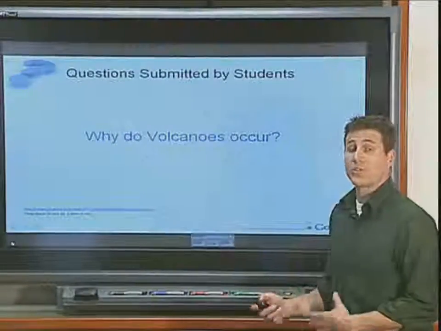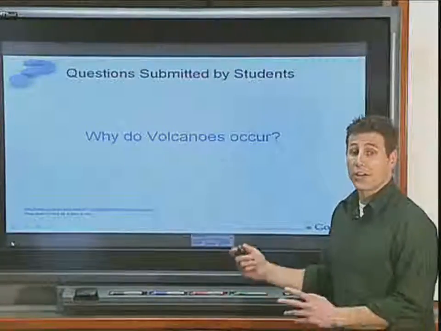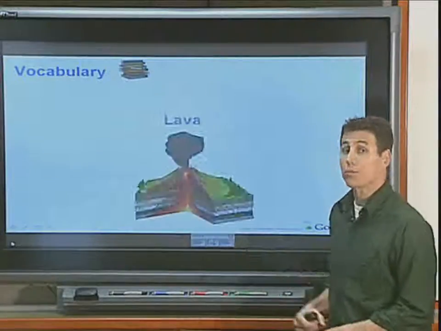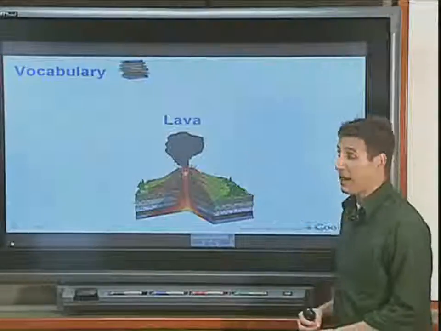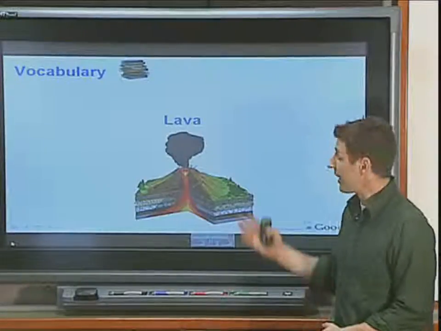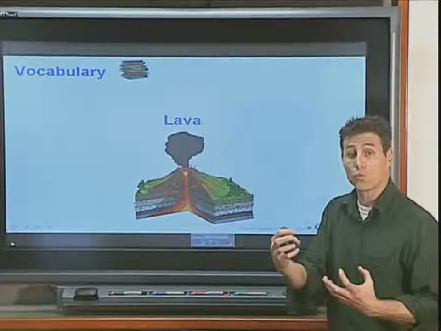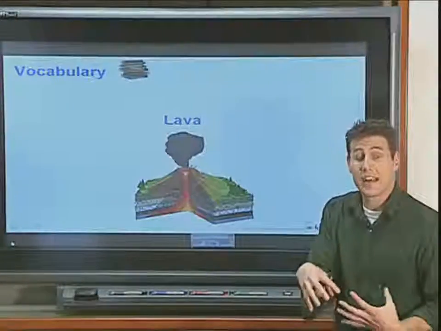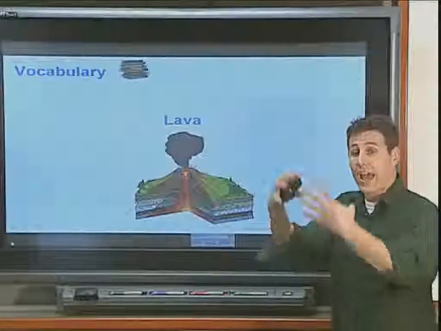So that video demonstrates a little bit of how volcanoes actually occur along those plate boundaries. Now, getting back to our vocabulary terms, a couple of terms you heard. First was lava. And lava is nothing more than melted rock coming from the inside of the Earth. Once it surfaces and is out in the open,